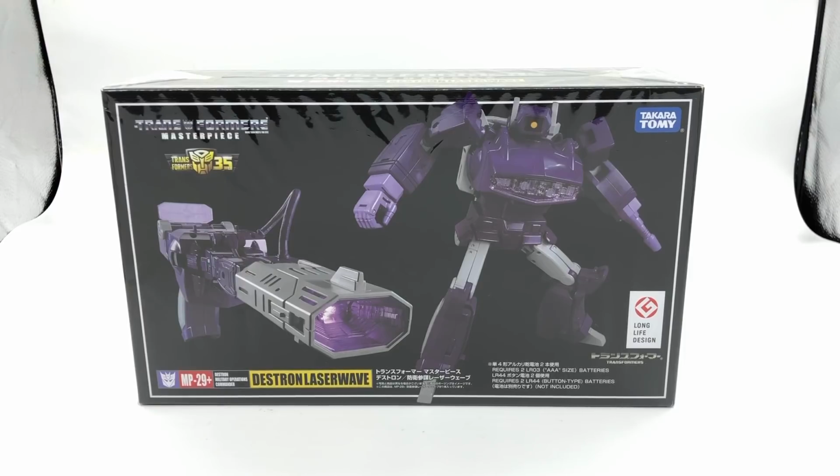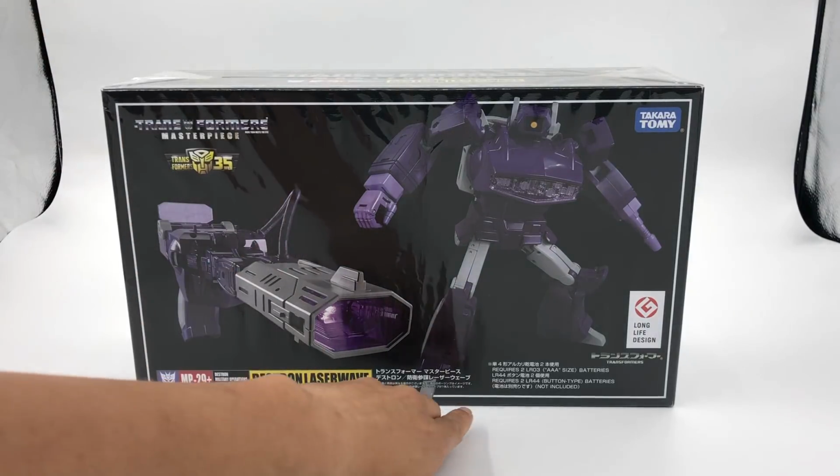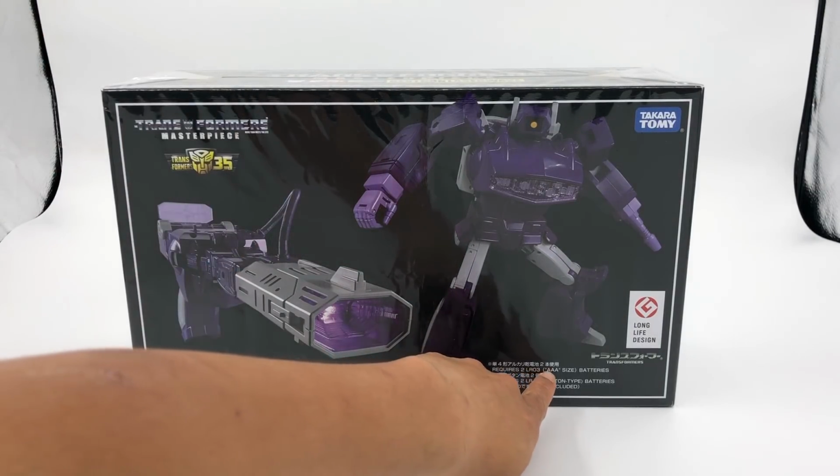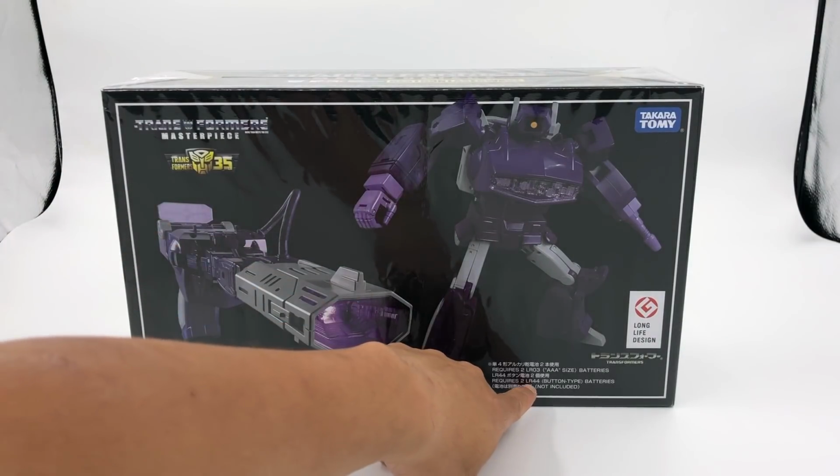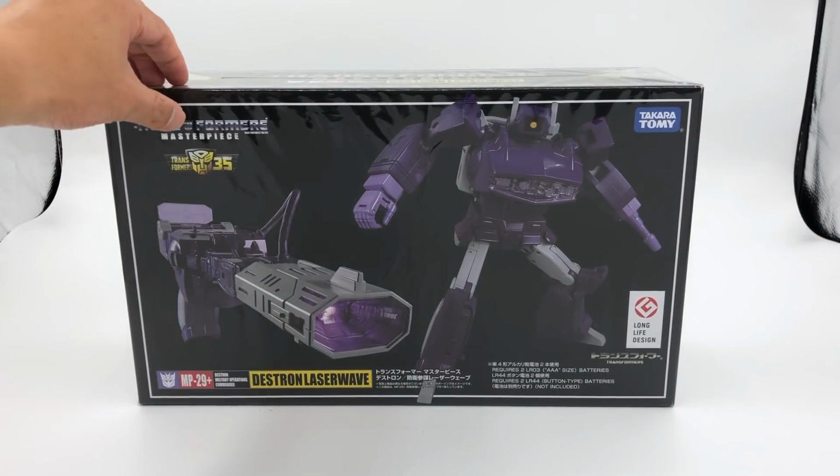Today we're going to take a look at the new MP-29 Plus Desertion Military Operations Commander Desertion Laser Wave. This is the Shockwave that we've come to love and expect, and whoa, it's got something kind of new. It's got little things down here that tell you you need AAA batteries and LR44 batteries, and then you've got the